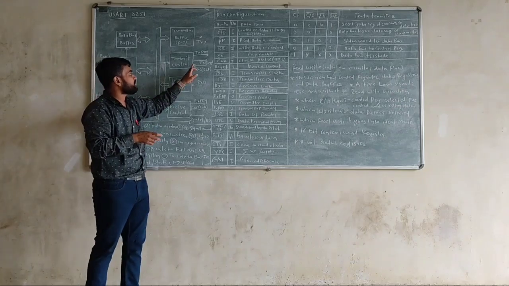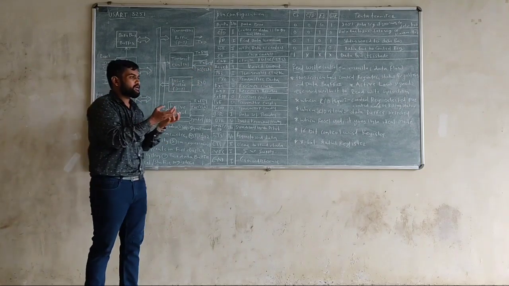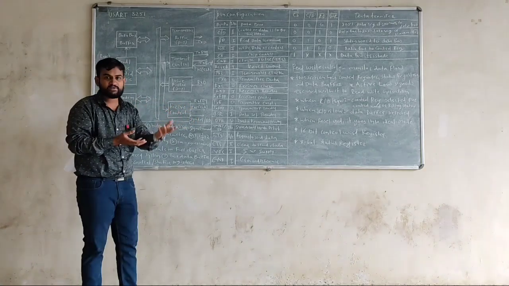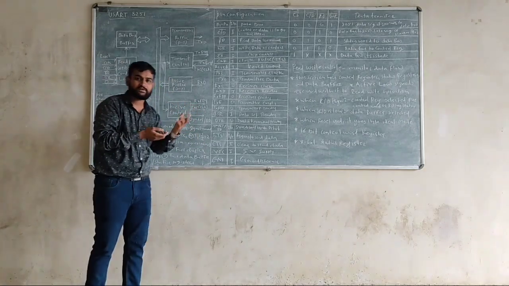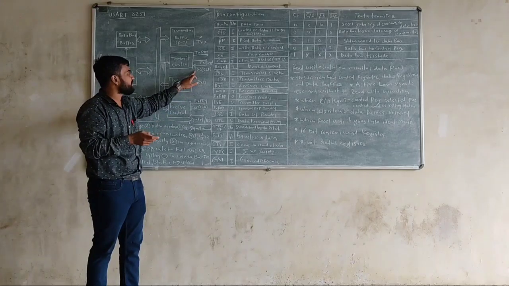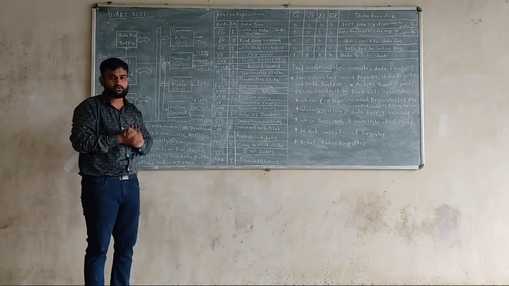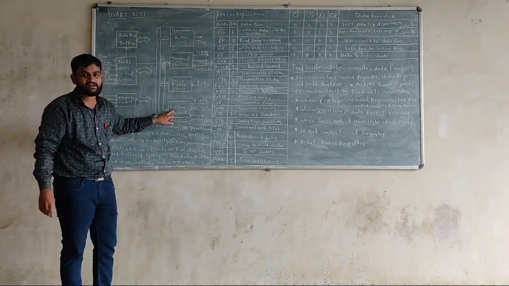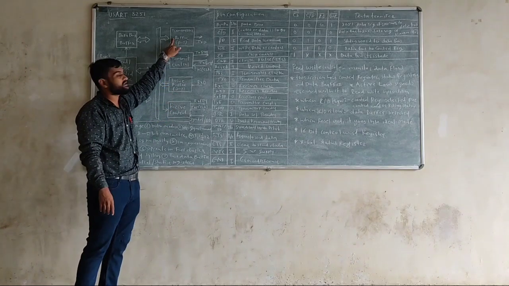Then we have TXEMPTY. Whenever the transmitter is not doing anything, we create an empty signal to tell the I/O device that the transmitter section is not busy. Similarly, we have a TXC clock. The TXC clock is needed for the transmitter control. Why are the transmitter control and receive control sections there? To control the receive buffer and transmitter buffer.